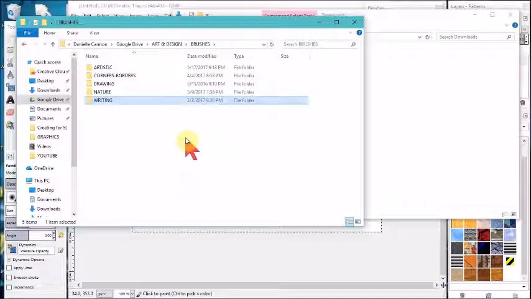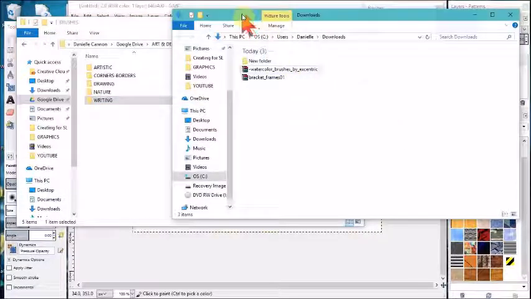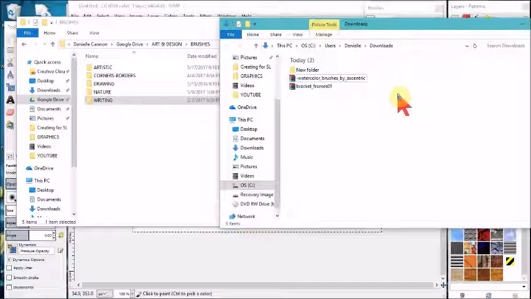And these brushes can be used in GIMP. These same brush files can be used in GIMP. So I'll show you how to do that in a minute. So I'm just going to go to, since I downloaded what was called watercolor brushes, I'm going to go to